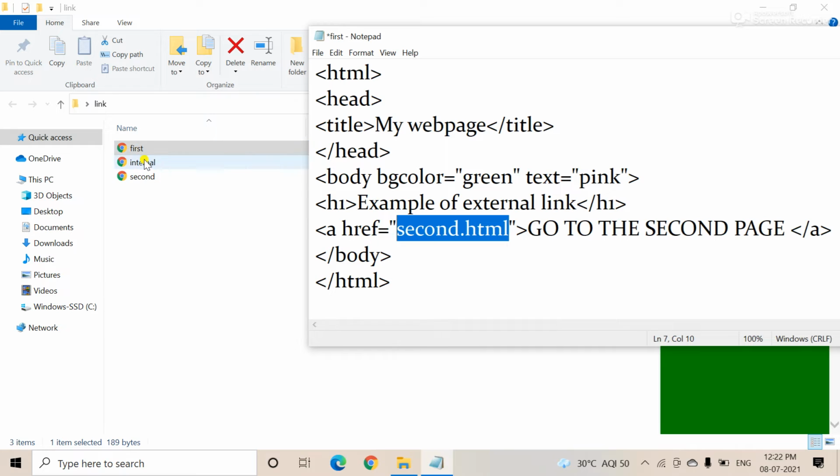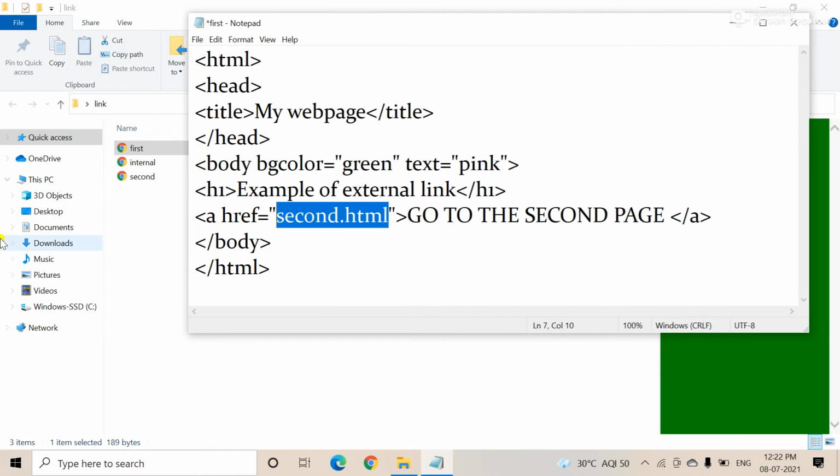Whatever files you connect from one page to other pages, in the case of the external link, the name of the file must be there. Okay, suppose your file name is third, but here it is second, then it is not linked. It will not be possible to link, because the source and location are required. So when you link in the external link, you must be careful. The name and the spelling must be the same.